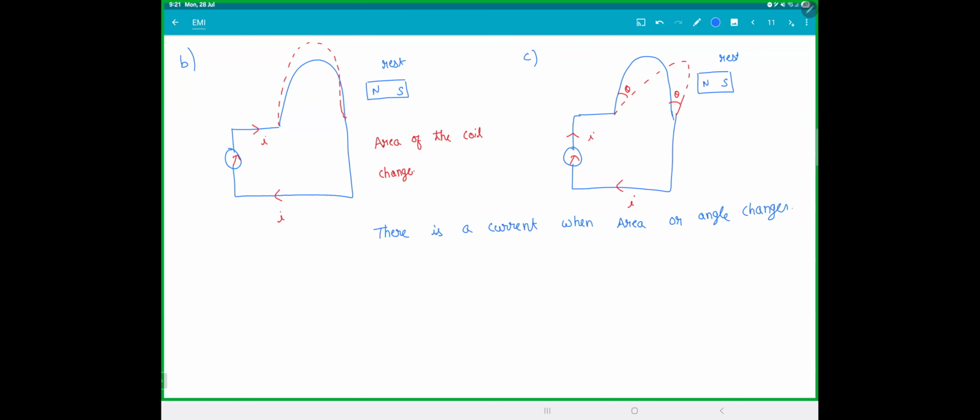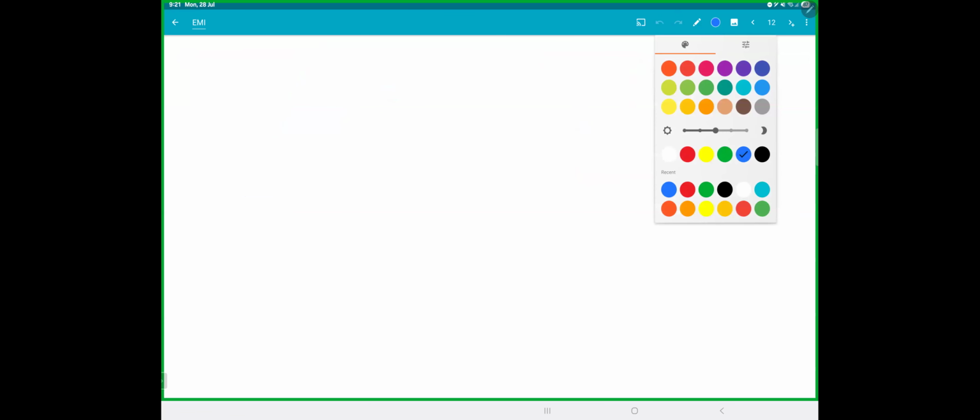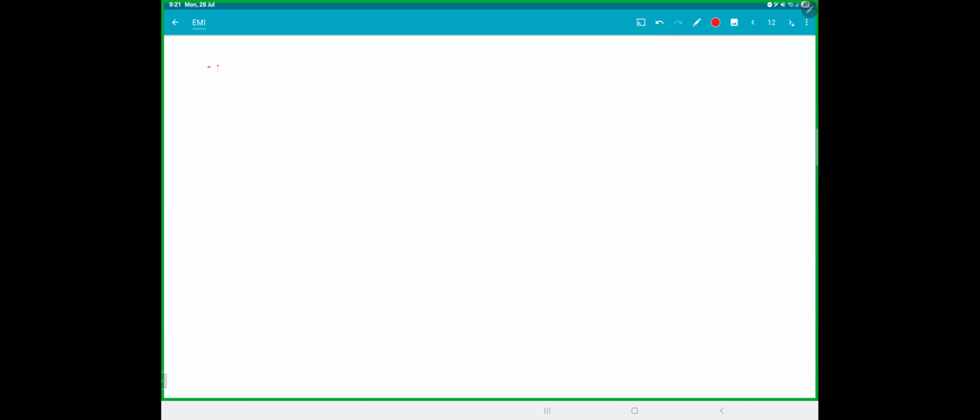So he came up with a few conclusions. First thing he said, okay, there is a current. Now understand, in the experiment, you always see the current. But we know if you want to get a current, there should be an EMF. That means somehow this is generating an EMF, electric EMF. Again, how? We don't know. But it is happening. EMF is induced,